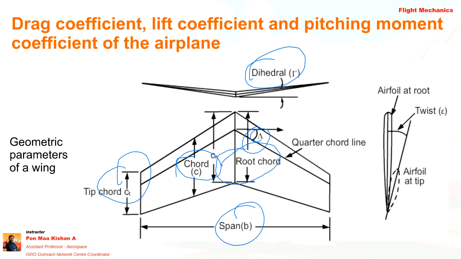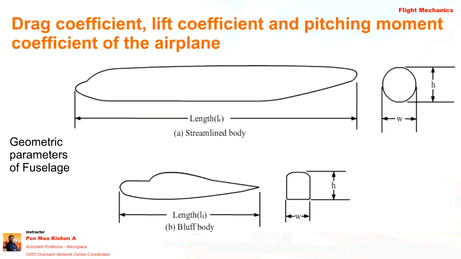We'll be going with the secondary drag. The airfoil at the root will have a twist, and the airfoil at the tip, they have marked with a dotted line. If I have a tip chord with an incline, that is the twist angle, so we can make a twist in the wing section. I hope you know those factors. So how will the fuselage parameters be measured?